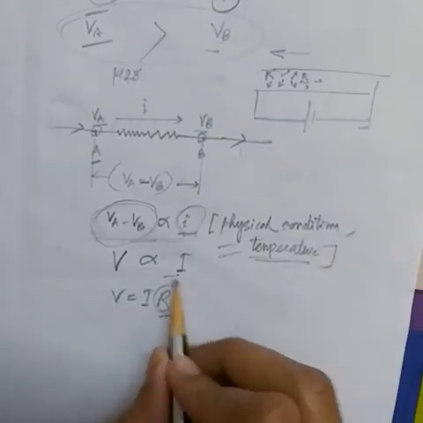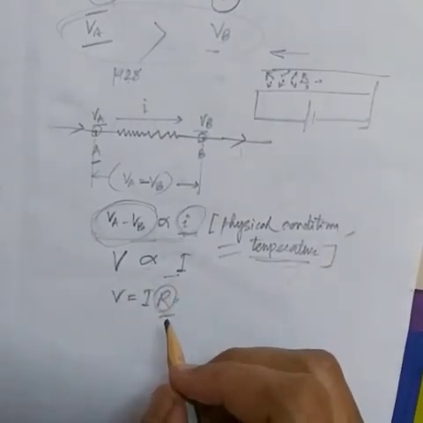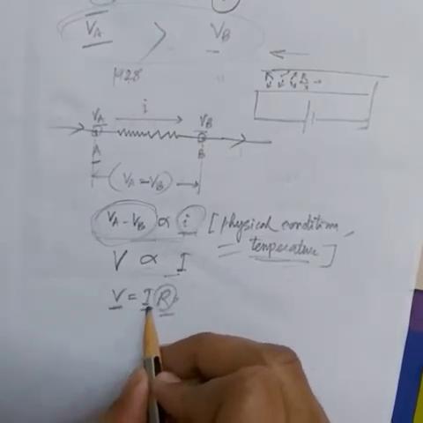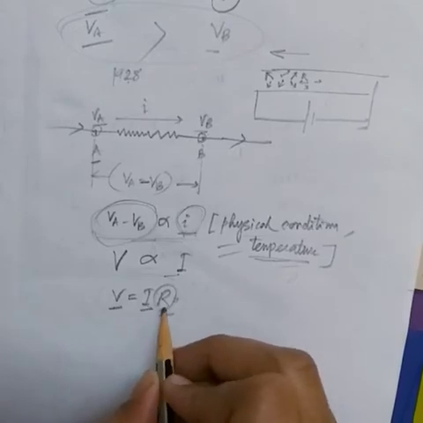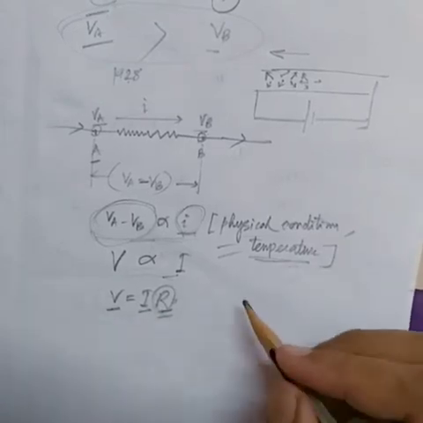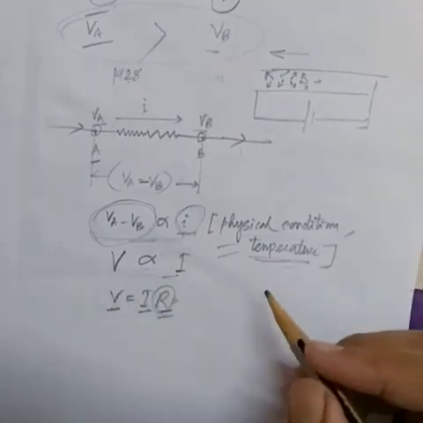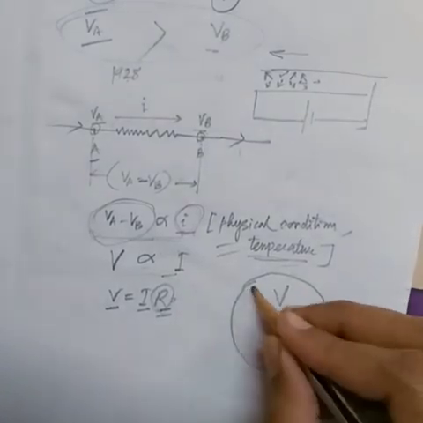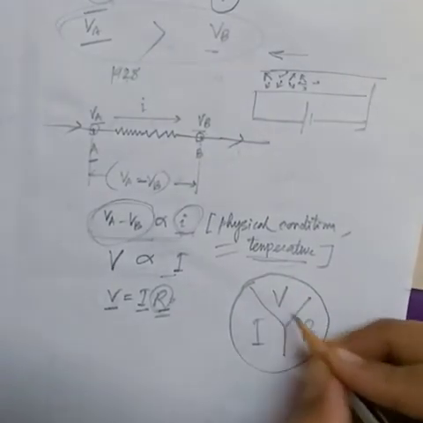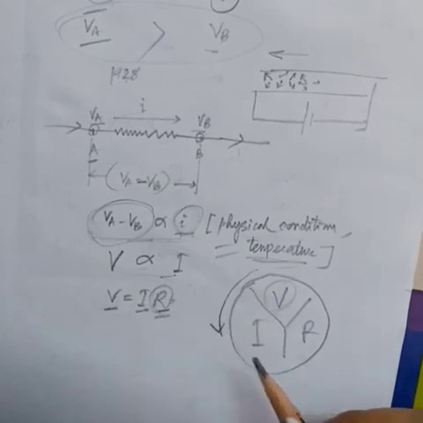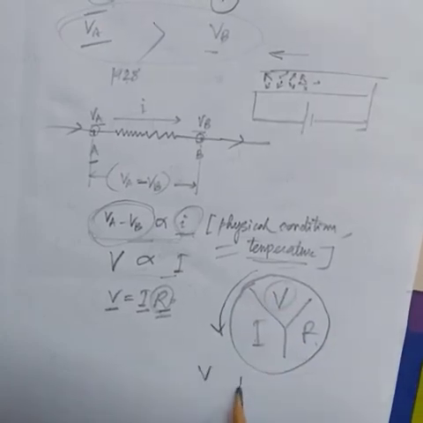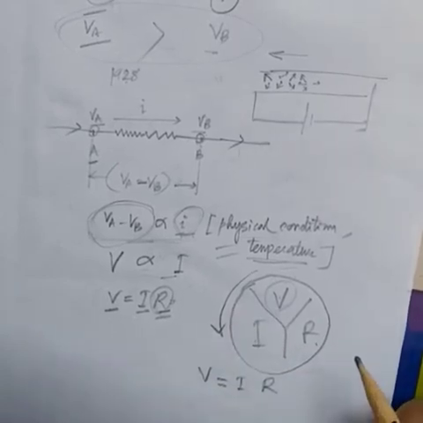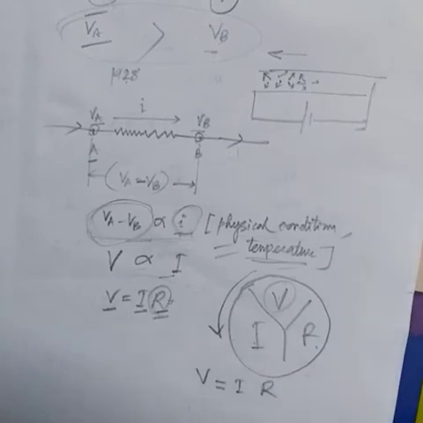So from Ohm's law we get the relation V is equal to IR, in which V is the potential difference between the two points, I is the current flowing through the points from one point to the other, and R is the resistance of the circuit. Although this mathematical form is very easy, for remembering purposes you can use this mnemonic, in which V comes first. You have to look in this anti-clockwise sense. So write VIR, then in between V and I first give the equal sign, and that's all. This is how you can remember this also.